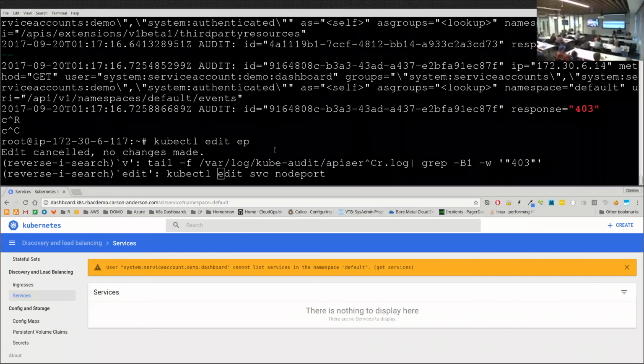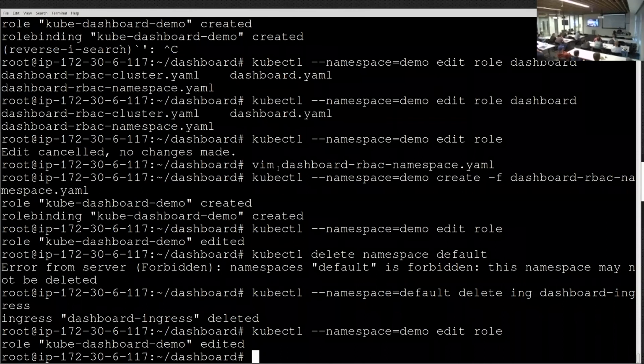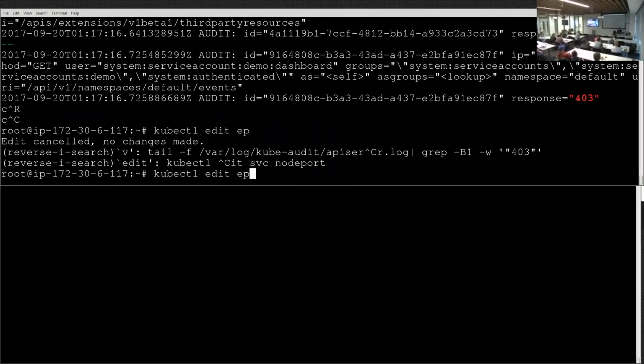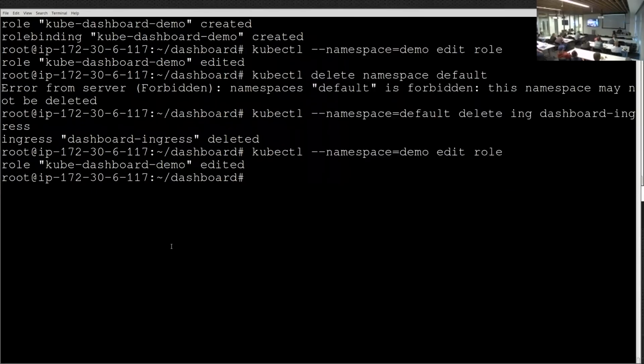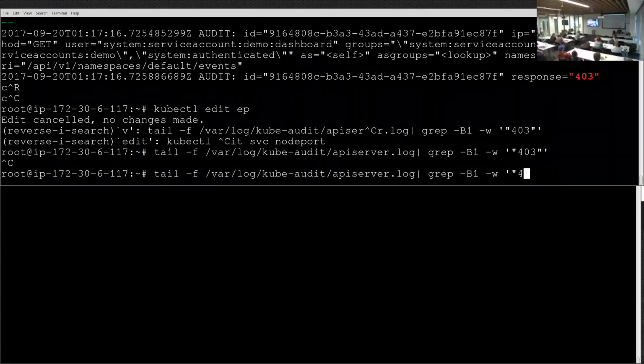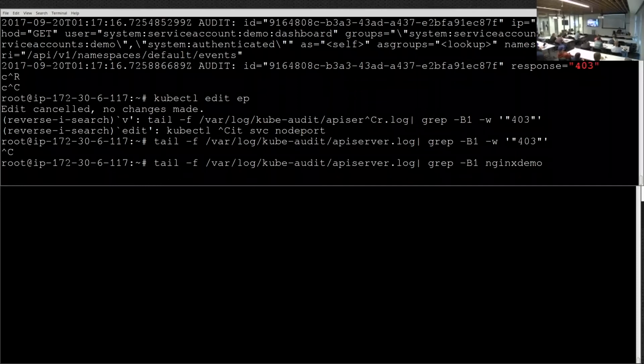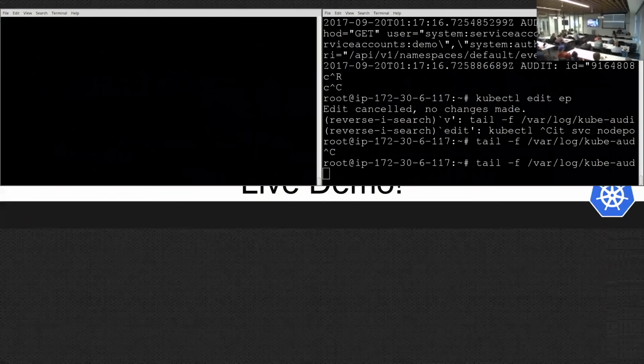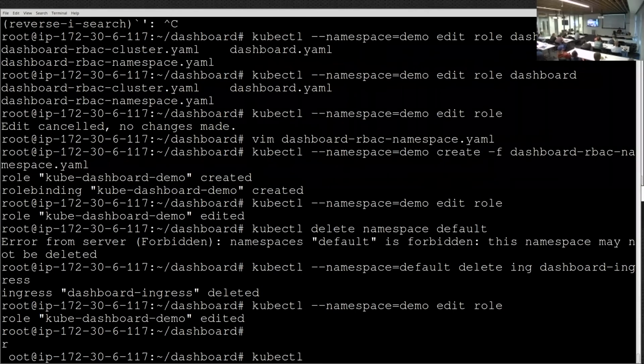The one thing that I do want to show, my last thing here, is using this to figure out what the controller is doing. So I'm going to do a log, and instead of this whole V1 thing, I'm going to look for Nginx demo, and what I'm going to do is create a cluster role binding. Run a Nginx demo, image equals Nginx,